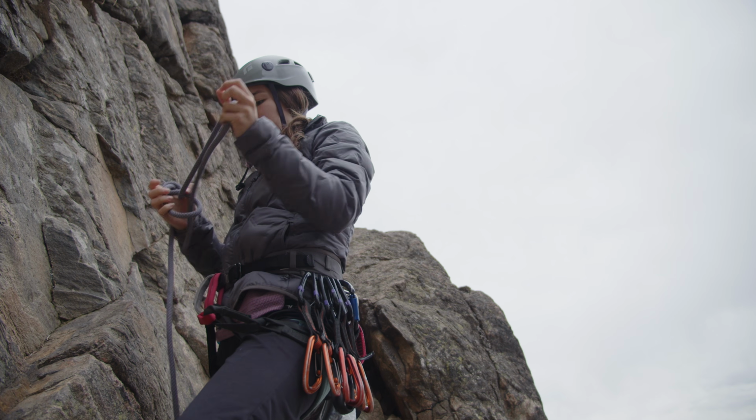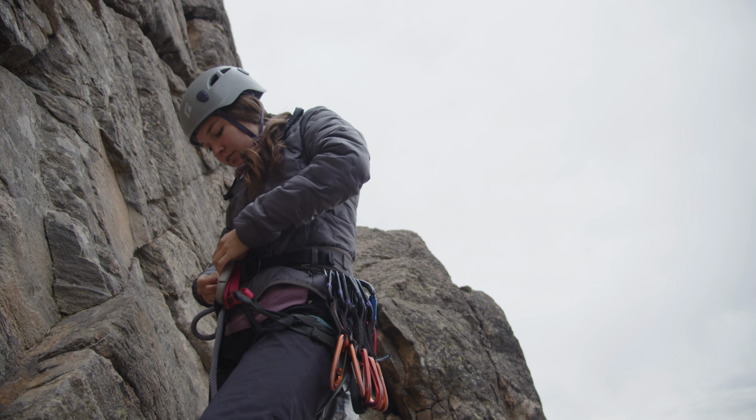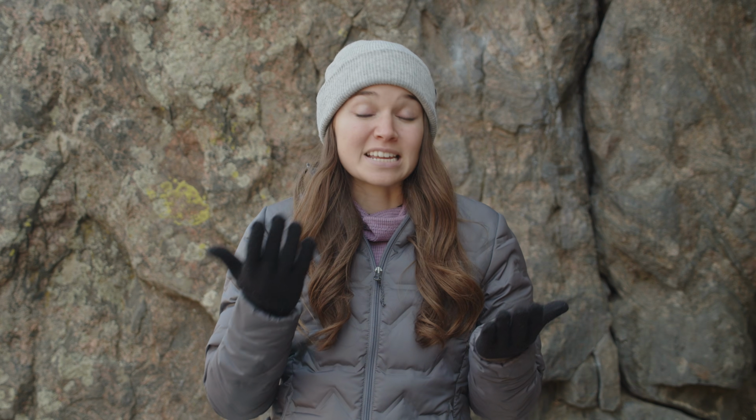We can tell how hard or easy a climb is based on its grade. It's worth noting that a grade is different than a rating. Rating refers to the star system, the quality or the enjoyability of a climb, while grading refers to how hard or easy a climb is. The first system we're going to talk about is popular within rope climbing, and it's called